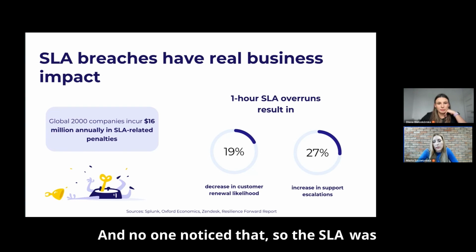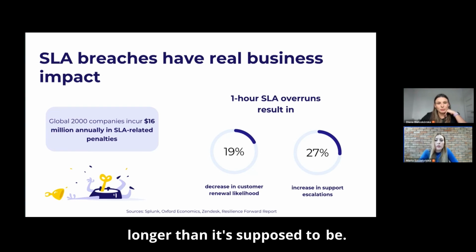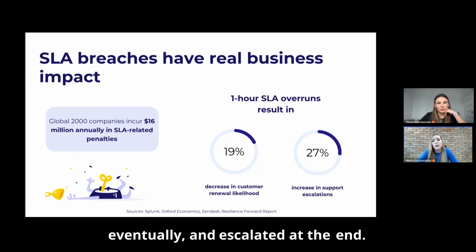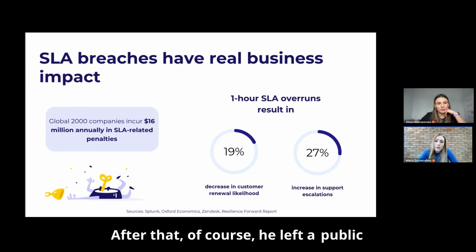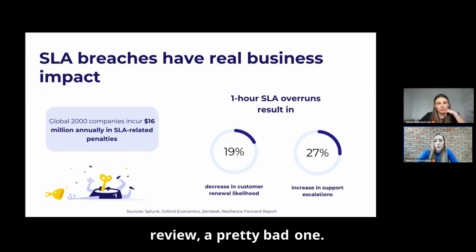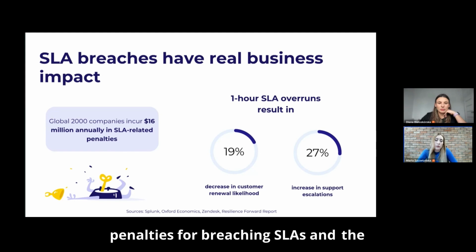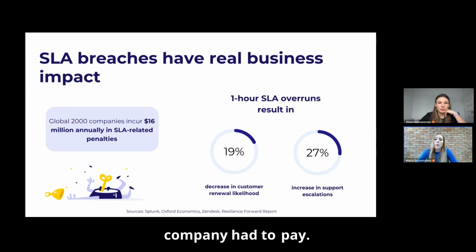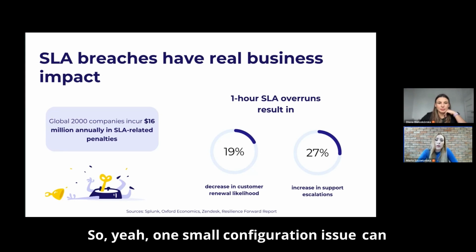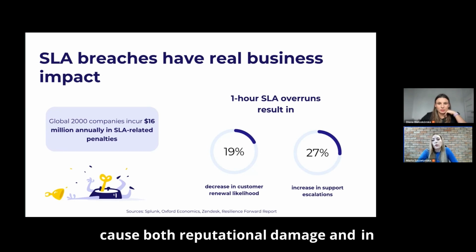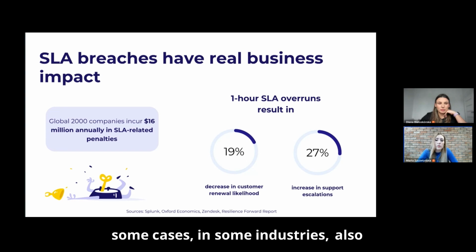And no one noticed that. So the SLA was longer than it's supposed to be. The client waited, got frustrated eventually, and escalated at the end. After that, of course, he left a public review, a pretty bad one. And what is more, because it was a financial sector, they had penalties for breaching SLAs, and the company had to pay. So yeah, one small configuration issue can cause both reputational damage and, in some industries,